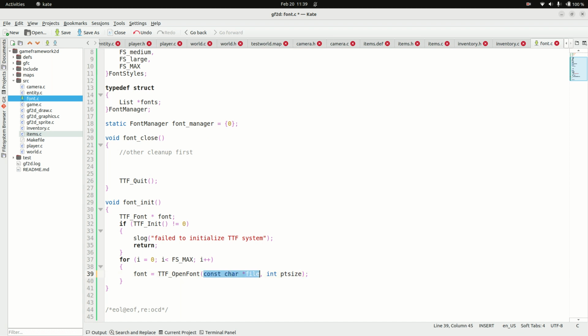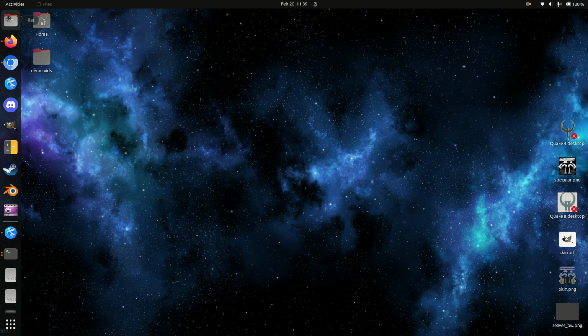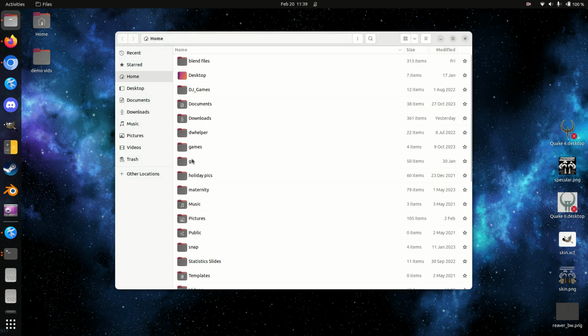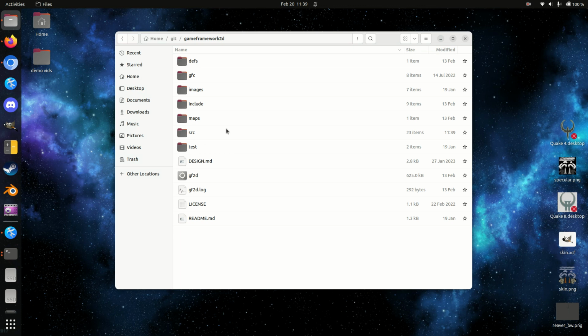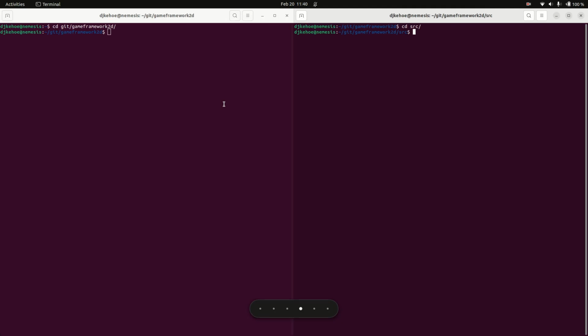What file size we want to load? Well, I think I actually provided some fonts. Let me see here. Git Game Framework 2D. I did not provide fonts. I guess I didn't provide fonts. Well, you can always find a font. I'm going to grab a font out of one of my other projects. You can also download them from what I would recommend